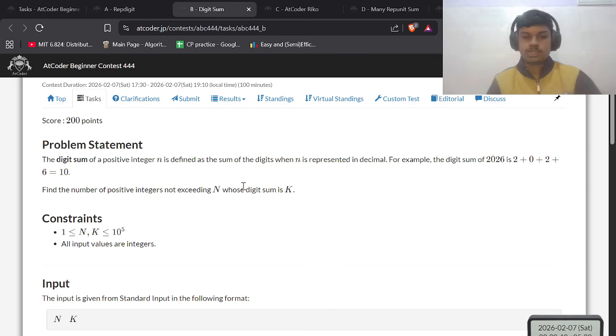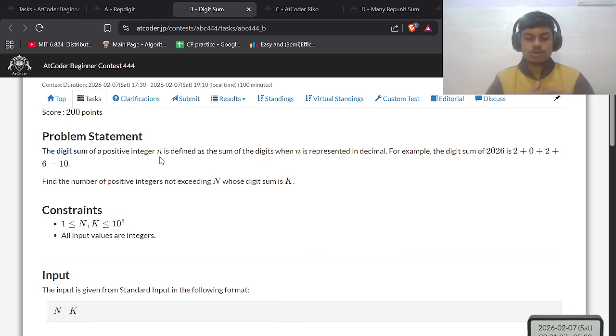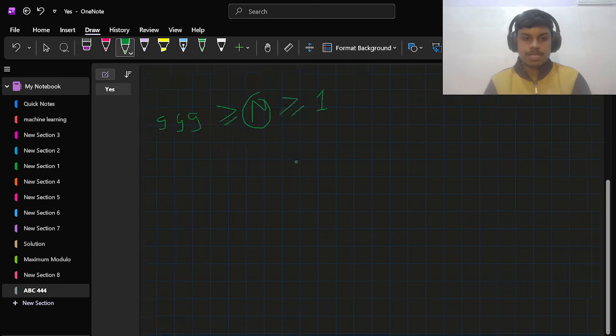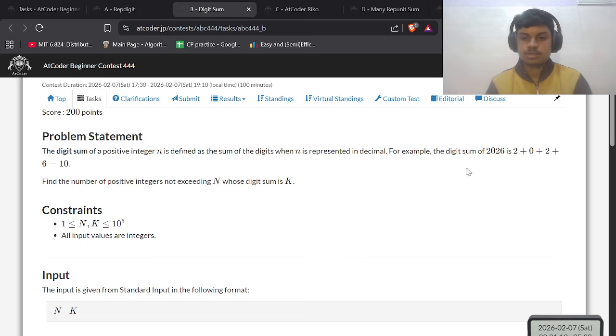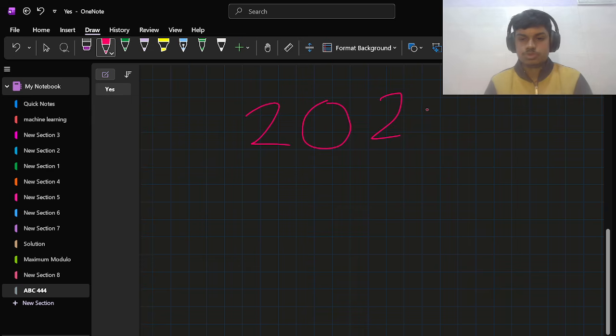So moving to problem number B, the digit sum. The digit sum of a positive integer n is defined as the sum of digits when n is represented in decimal. So suppose you're given some number n and you break down all the digits of the number individually. Suppose you're given some number like 2026, that is in the example as well, right? Let's just choose